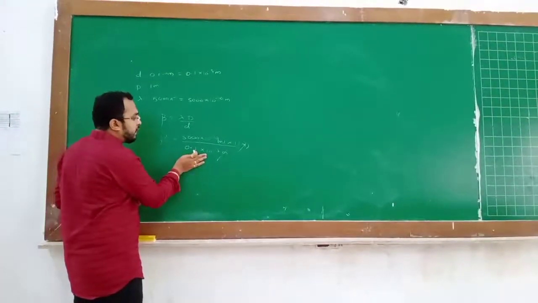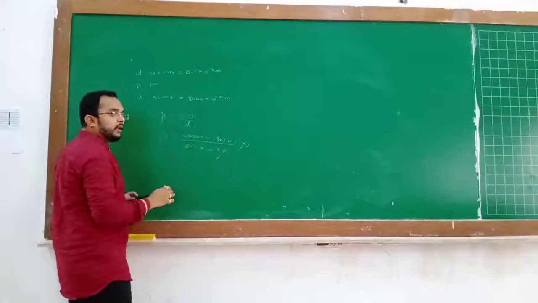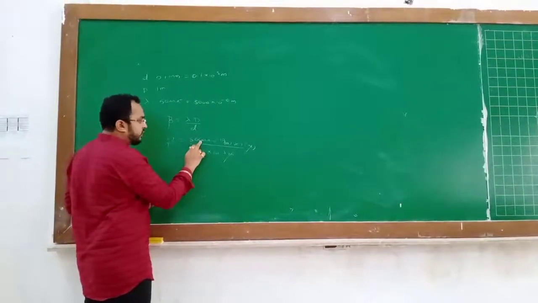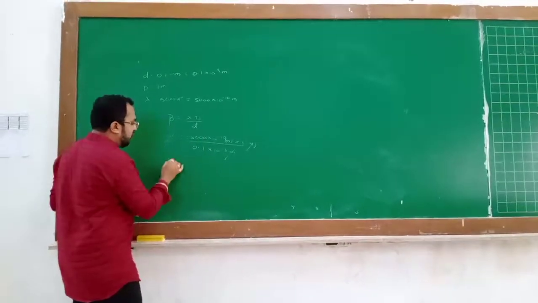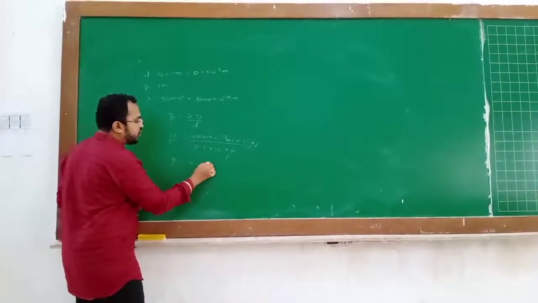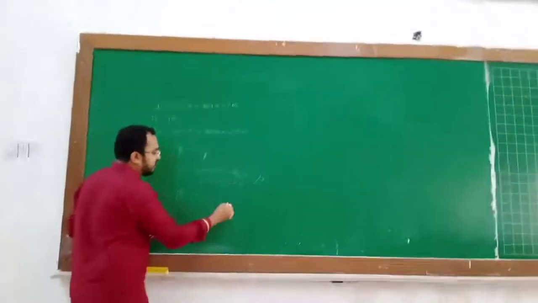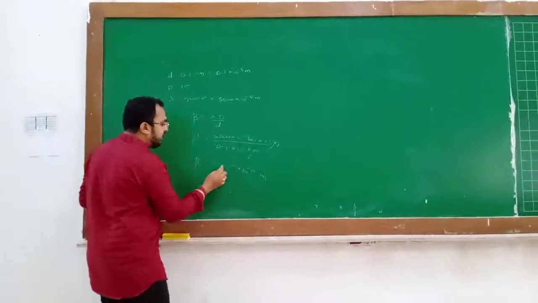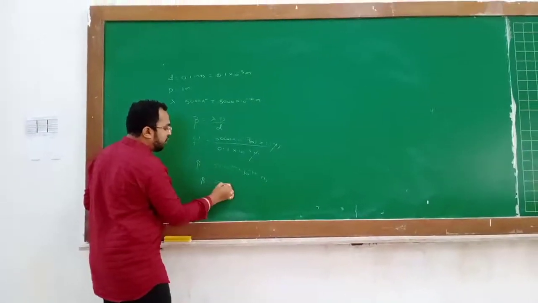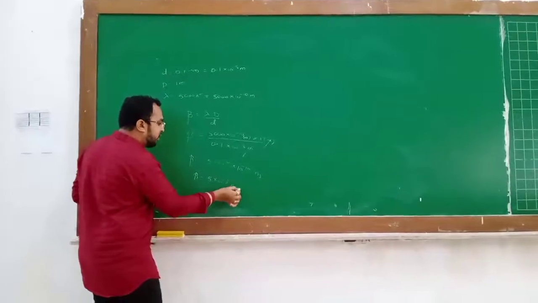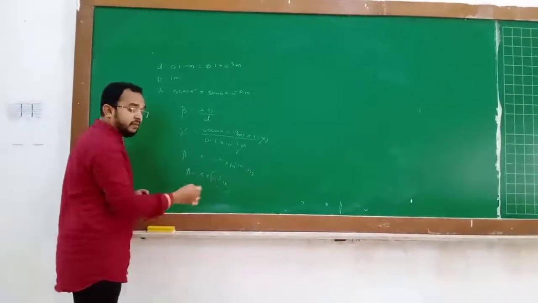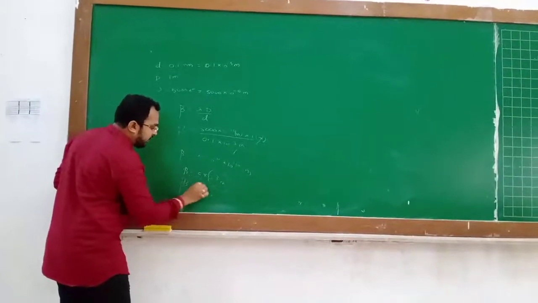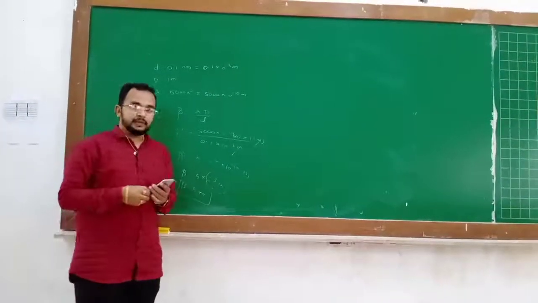10 raised to the power minus 4, when it goes to the numerator, will be 10 raised to the power plus 4. Plus 4, 5, 6, 7. So total beta is equal to 5 into 10 raised to the power 7 into 10 raised to the power minus 10 meter. Now from minus 10, this 7 will subtract, so it will be 5 into 10 raised to the power minus 3 meter. 10 raised to the power minus 3 meter is millimeter. So beta is equal to 5 millimeters. Our answer is 5 millimeter.